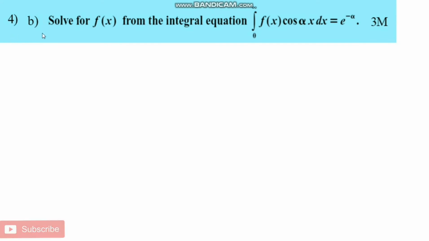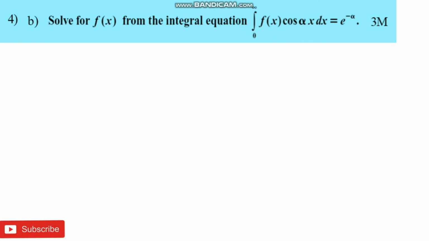Coming to fourth question, B bit: solve for the function f of x from an integral equation, integral 0 to infinity f of x cosine alpha x dx equals e power negative alpha. Our objective is to find f of x from this integral equation. So one can observe this integral equation is in terms of one trigonometric function, cosine alpha x. For this, the learner will be able to recognize, identify Fourier